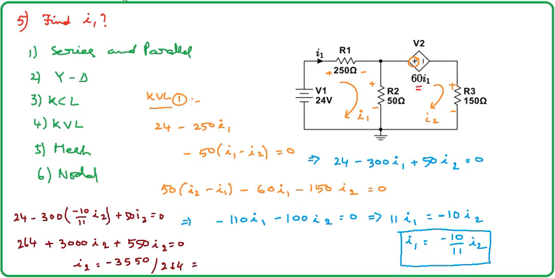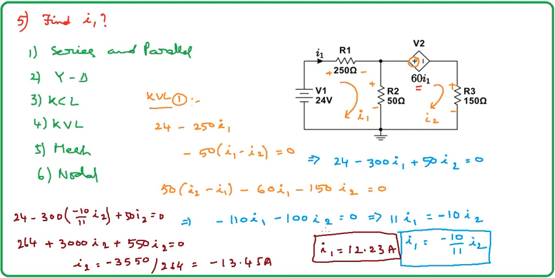So let me see what the value is. Its value is 13.45, so it should be minus 13.45 ampere. Coming to this place, I1 is what is required for us. So I1 is equal to minus of minus, it will be plus. So I1 equals 12.23 ampere. So this is the answer.